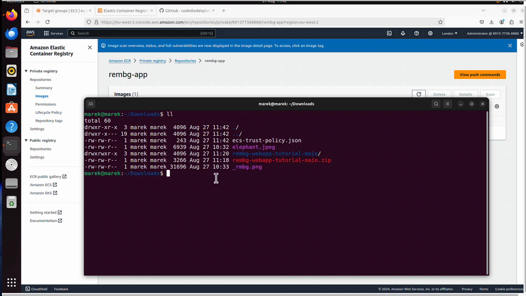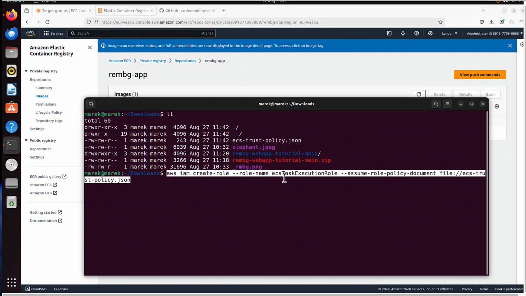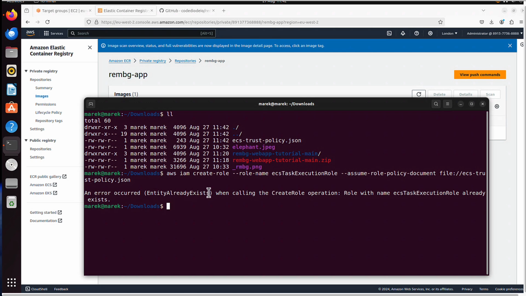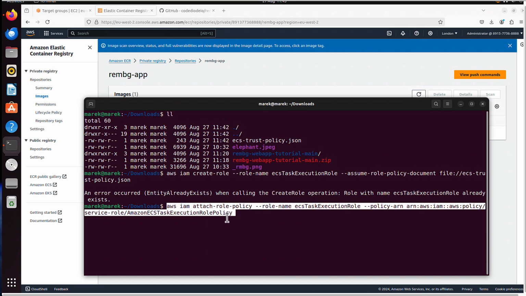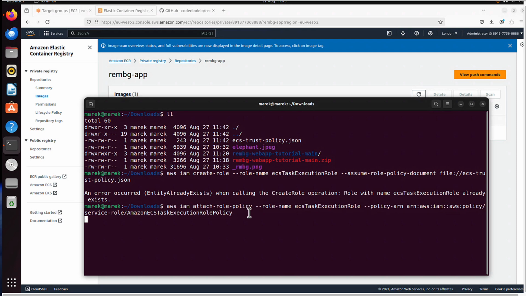And I will create an IAM role based on that policy. So I will paste this command. The role will be called ECS task execution role, and I will use this ECS trust policy JSON file as the template. I will press enter. Oh, already exists. So looks like I didn't remove everything properly. This IAM role I forgot to remove. You will also have to run this command to attach role policy to that role name to a service role called Amazon ECS task execution role policy. I know it's a bit complicated. I don't want to dig into that too much. I will just press enter. All those commands will be included in the comments, remember. But that's all regarding the identity management, I mean.